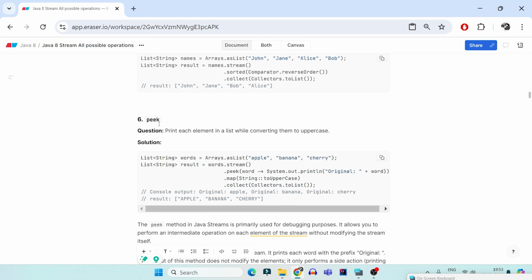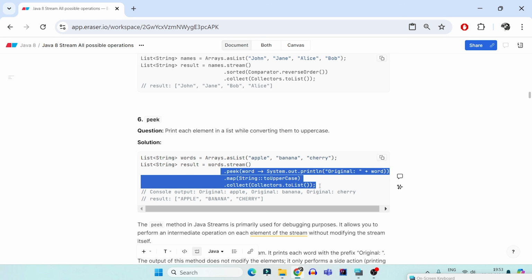So this is where the peek comes very handy, because when you go with your Java 8 coding, it is very difficult to understand what is happening in each and every one of these intermediate operations. So you can always peek and log and see what is happening to my original stream and then go ahead with your transformation so that at the end you get your respective output.